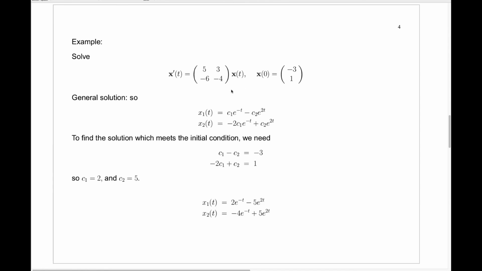So here we're solving the same differential equation. Here's the general solution. To find the ones that have the correct initial values, remember we need x1 of 0 is -3, and x2 of 0 has to be 1. We just solve x1 of 0 is c1 minus c2, that has to be -3. x2 of 0 is 2c1 plus c2, that has to be 1. So we solve this system